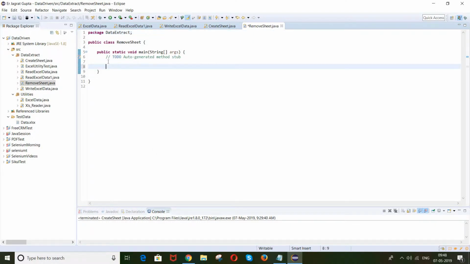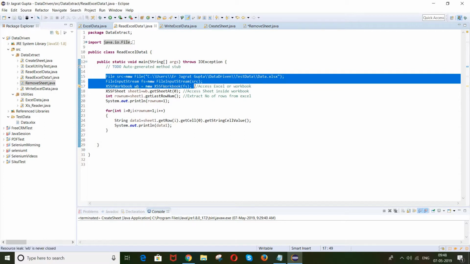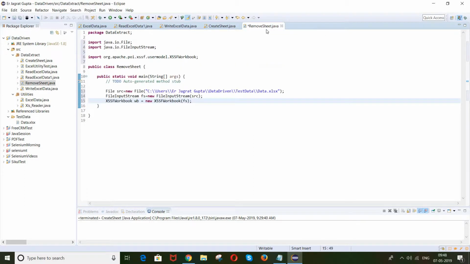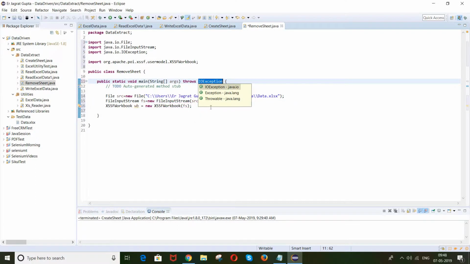Now again the same thing, we need to copy those 3 lines: File class, FileInputStream class, and the lines needed to access the Excel. Okay, so let me copy this and paste it here. That's it. Now we need the throws declaration. So let me directly add the throws declaration from here. Let us suppose Exception class. Now